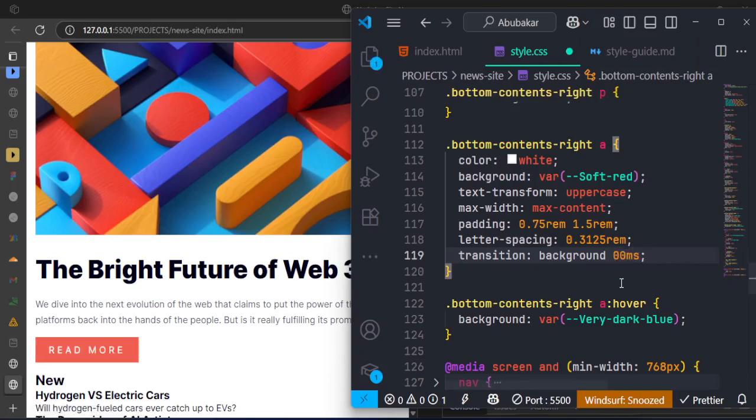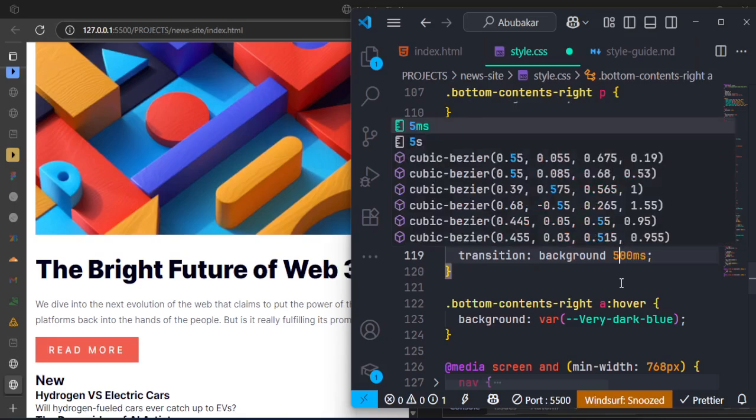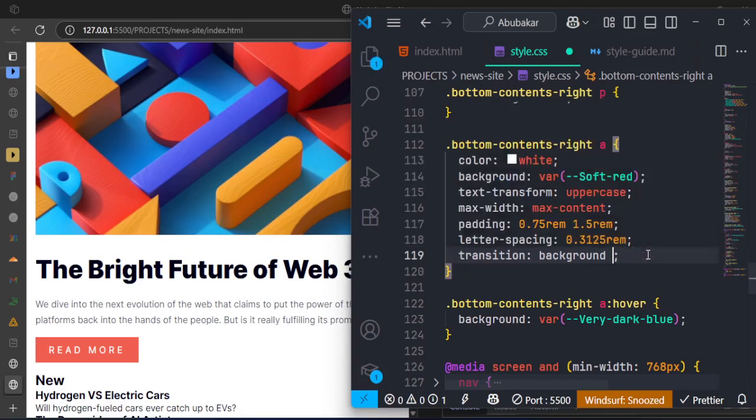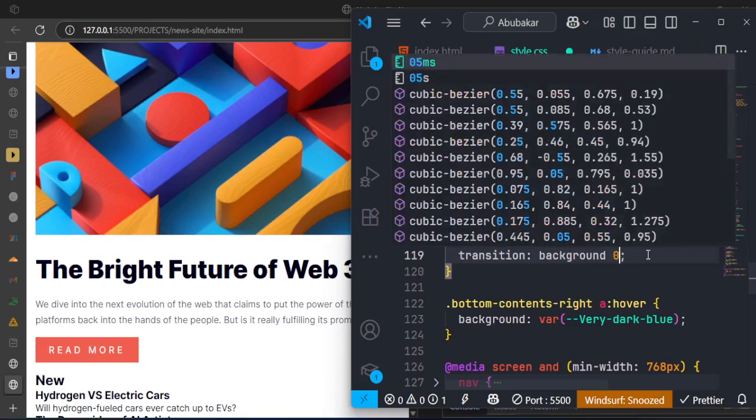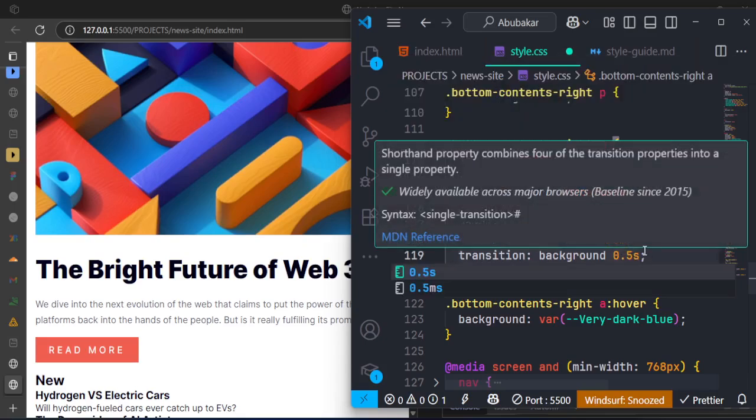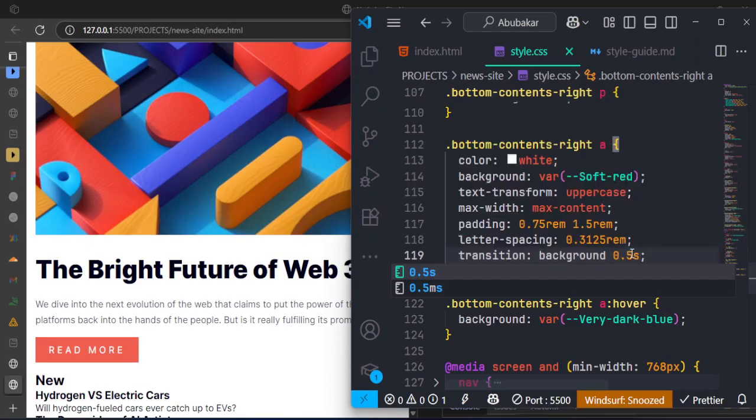Or if you want a more dramatic value, you can use half a second. So this is half a second. It's not even up to a second. This is half a second. Or instead of using this like this, you can just use 0.5 seconds. It's still the same thing. 500 milliseconds is the same thing as 0.5 seconds like that. So it's still the same value, which is going to give us this kind of dramatic change like